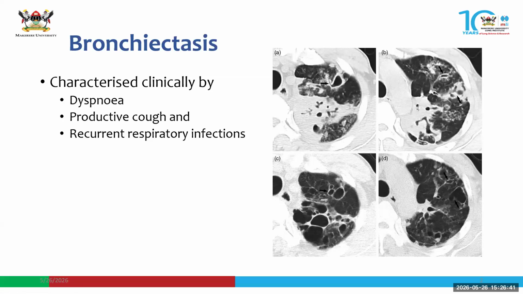There are different types of bronchiectasis, but also remember that in our settings, most bronchiectasis tends to coexist with other underlying lung diseases. So it's actually part of the description of the other damage that is happening to lung parenchyma. And in patients with bronchiectasis, usually the syndrome that you'll see is difficulty in breathing, productive cough, and